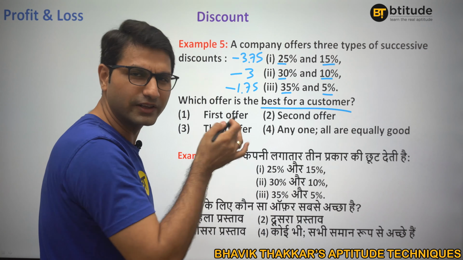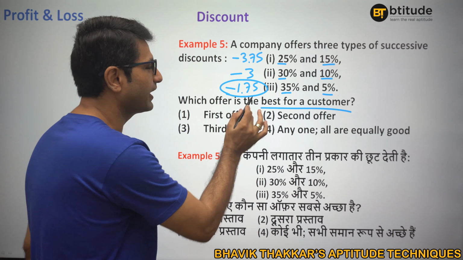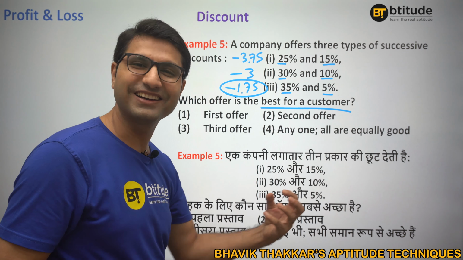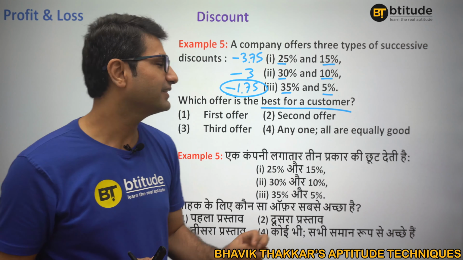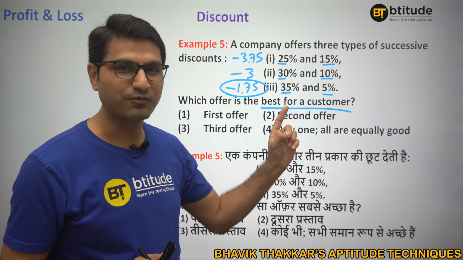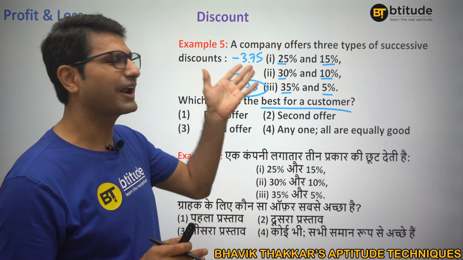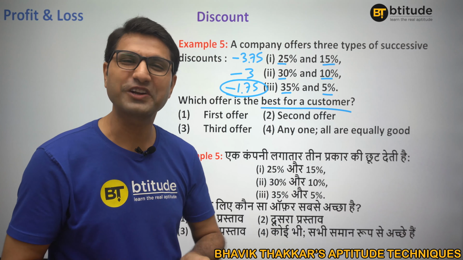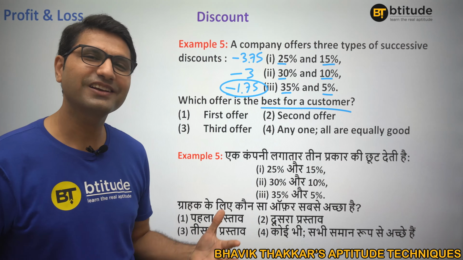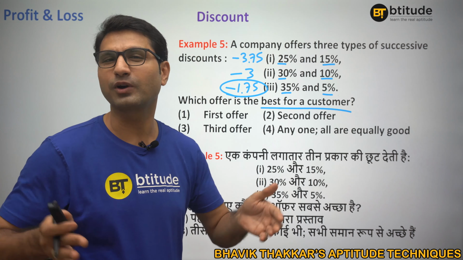Don't write 40 in all of these. It is common. Obviously, this would be the highest where the lowest is deducted. You have to understand that logically, right? So the lowest is deducted from 40, so this will be the highest. Don't try to find it out. Don't waste your time. You have to be logical. You have to be good with your aptitude. That is what aptitude is all about.